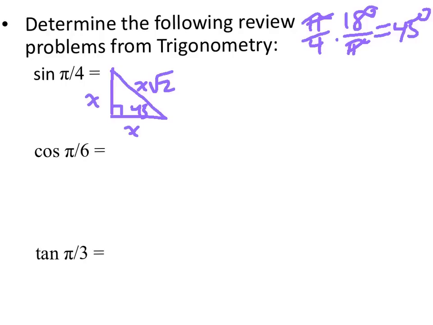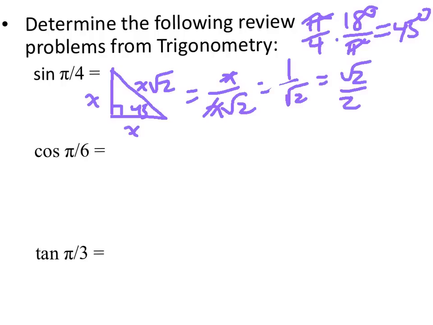And so you want to find the sine of 45, so using SOHCAHTOA, opposite over hypotenuse, you realize this is x over x radical 2, which the x's cancel. So you get 1 over radical 2. And if you rationalize that, that becomes radical 2 over 2. So you should be able to do it that quickly and easily